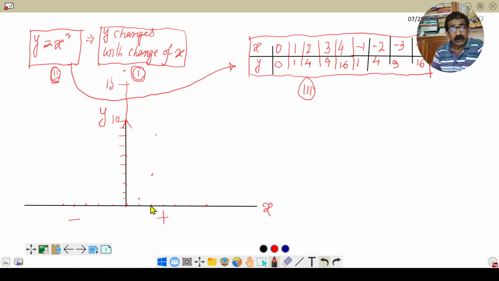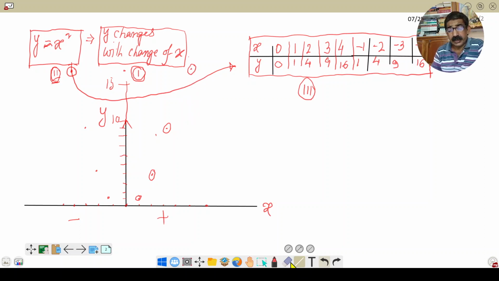X is equal to 3, y is equal to 9. 9 means this. And x is equal to 4, y is equal to 16. So these are the points. Similarly, at the negative side, we also get similar points. Now, if we draw a line connecting all the points,